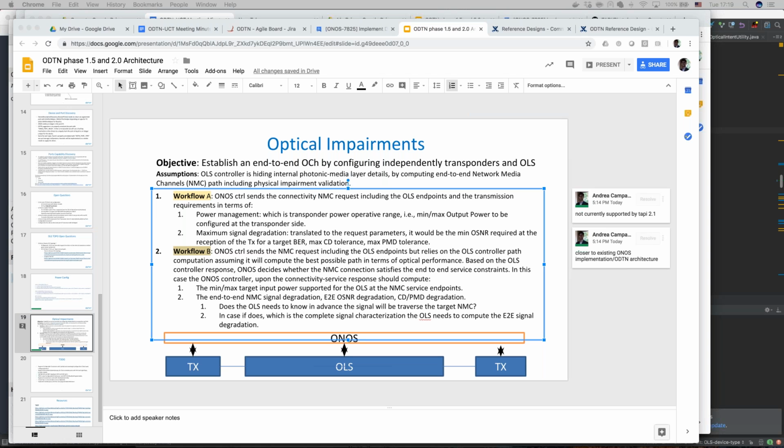We were just requesting a VLAN. In the other approach, we were saying we want connectivity with VLAN 12. So the same can be said of the lambda or nominal central frequency. In one case, I'm requesting a network media channel for 100 gigahertz of spectrum, and then the OLS